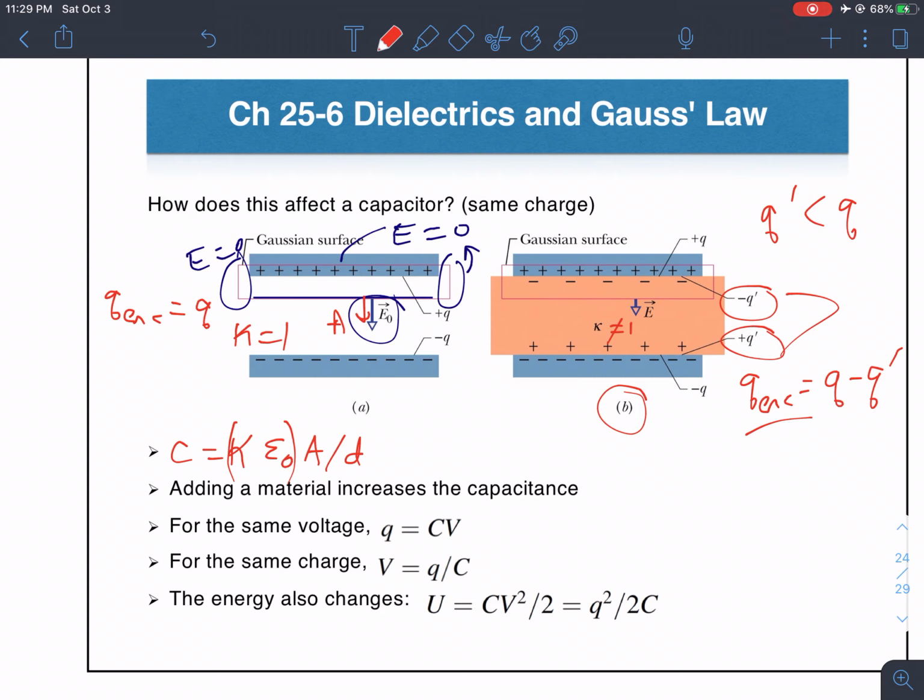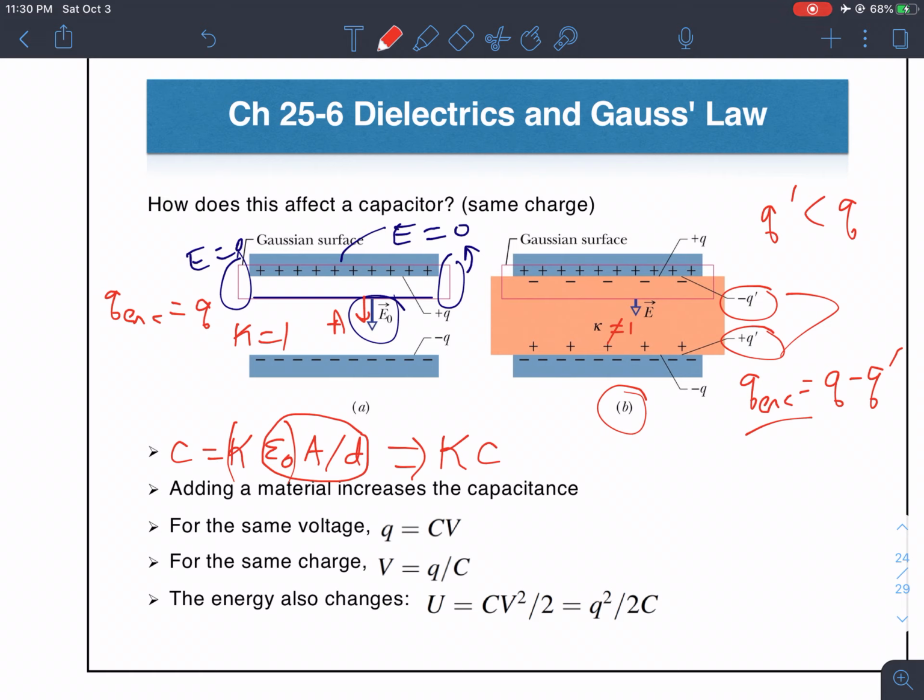So when you see epsilon naught, you just put kappa next to it. Since before we used epsilon naught times A over D as the capacitance,